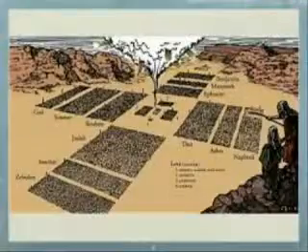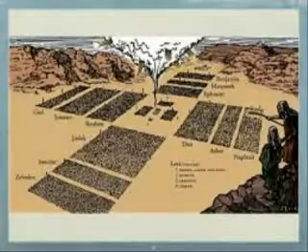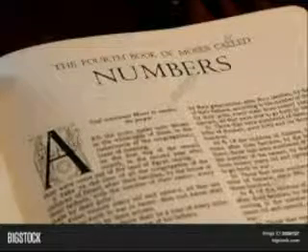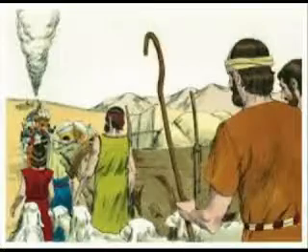And from the children of Simeon, their genealogies, by their families, by their father's house, of those who were numbered according to the number of names, every male individually from 20 years old and above, all who were able to go to war. Those who were numbered of the tribe of Simeon were